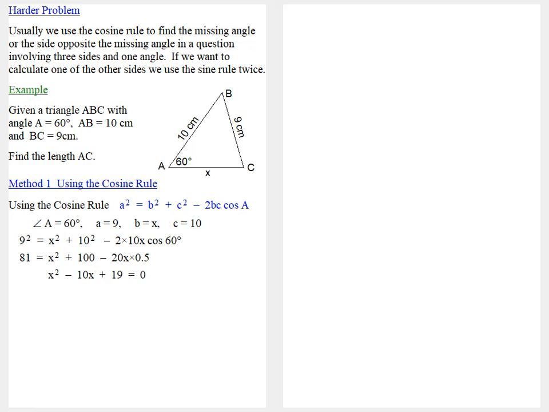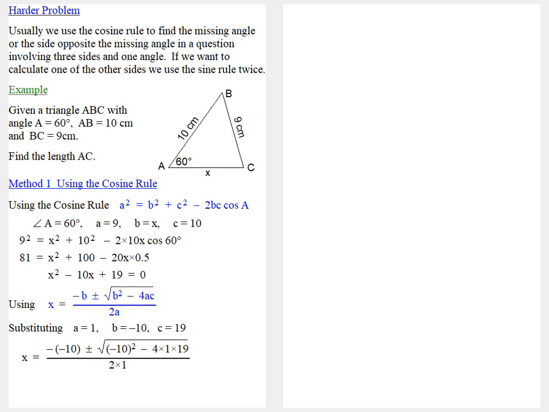And that rearranges to give x squared minus 10x plus 19 equals 0. Now that's a quadratic that doesn't factorise, so we'll need to use the quadratic formula: x equals minus b plus or minus the square root of b squared minus 4ac, all over 2a, where a is 1, b is minus 10, and c is 19. So if we substitute those into the formula, it simplifies to x equals 10 plus or minus the square root of 100 minus 76, all over 2, or 10 plus or minus the square root of 24 over 2,